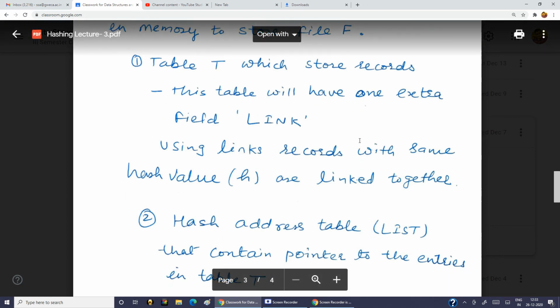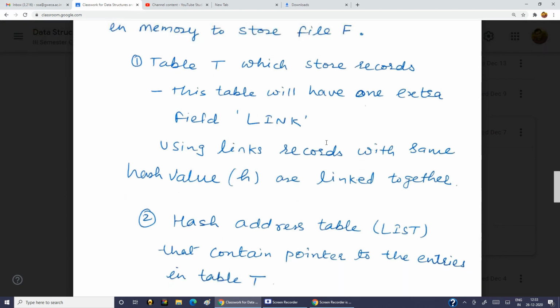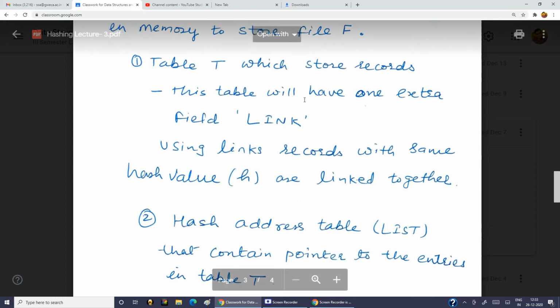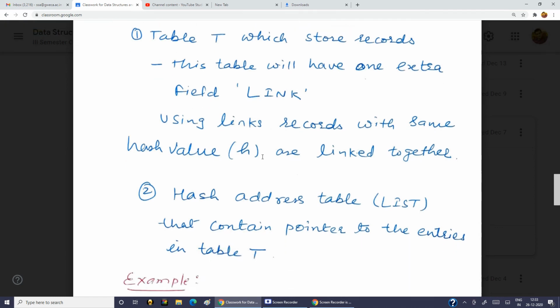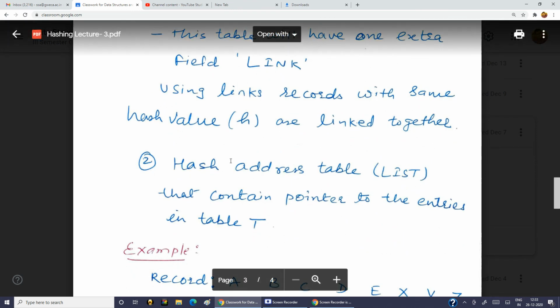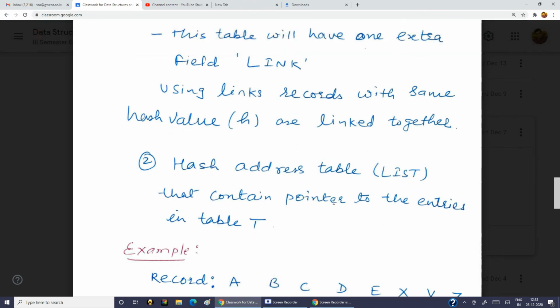So you use an avel to store the values. So avel, you can initialize with the beginning of this T. So 0 or 1, and accordingly you can write your program. Hash addressing. So this is list which contains pointer to the entries in table T. Now you can write a program for this also if you are interested in.